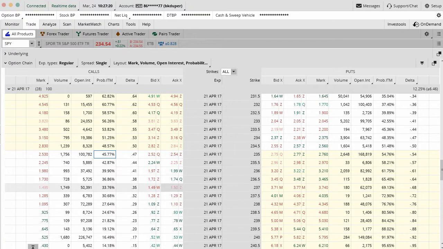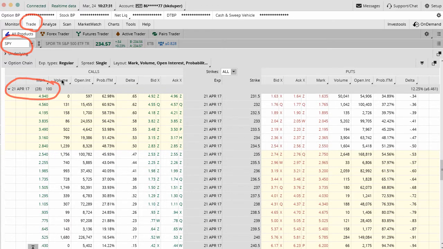So again, inside of your thinkorswim platform, you're going to be working inside of the actual trade tab itself, and then you're going to want to type in the ticker symbol of whatever security you're trading, and then finally open up the contract month or weekly options that you want to trade. In this case, we're just going to go with the default April contracts because that's what's available at the time